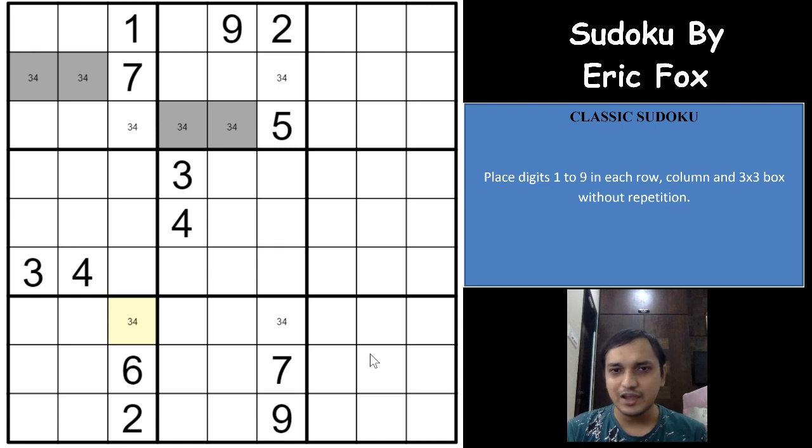So this is called the skyscraper logic, and it is one of the most powerful logics in Sudoku. Many tough Sudokus I have come across, I have tried to seek a skyscraper logic because it is very simple to see. Just look for a single digit possibility in 2 rows or 2 columns where it appears only twice. So this is the most important logic.